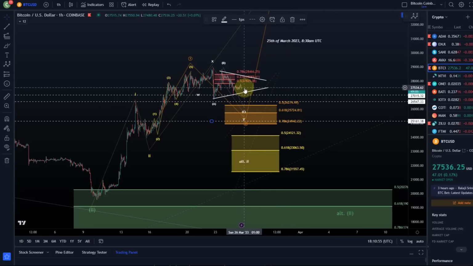It doesn't even mean it needs to come down that low. It is a support area, standard support. Sometimes wave 2s can be shallow. I can only repeat what I said in the last video. When a correction starts, it is not possible to determine whether it is going to be a sharp one or just a shallow one. If there is any doubt, as in this case, from a strategic point of view,